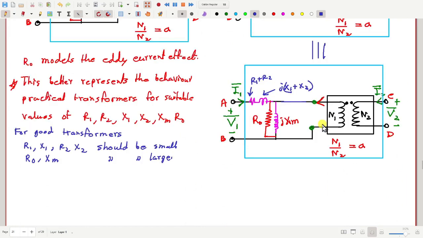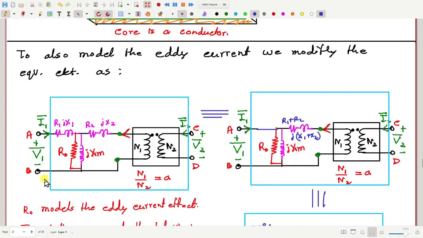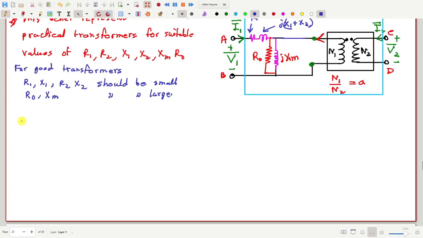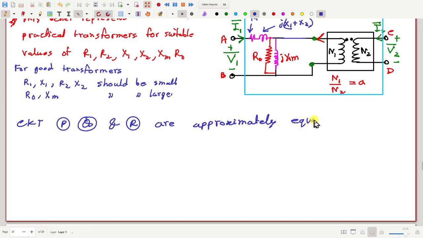Let me call these circuits P, Q and R. Circuits P, Q and R are approximately equivalent